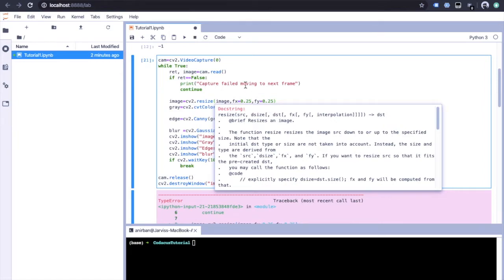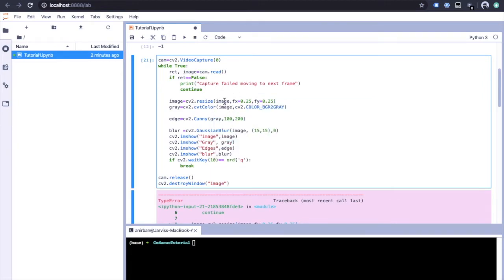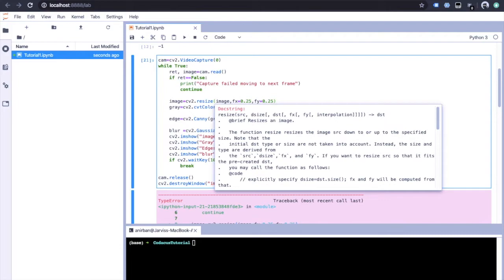If anytime you forget the parameters that you have to supply, you just place your cursor at the beginning of this bracket and press shift tab. It will open up a docstring for you, and this docstring will tell you what parameters you have to supply. So I have my source,